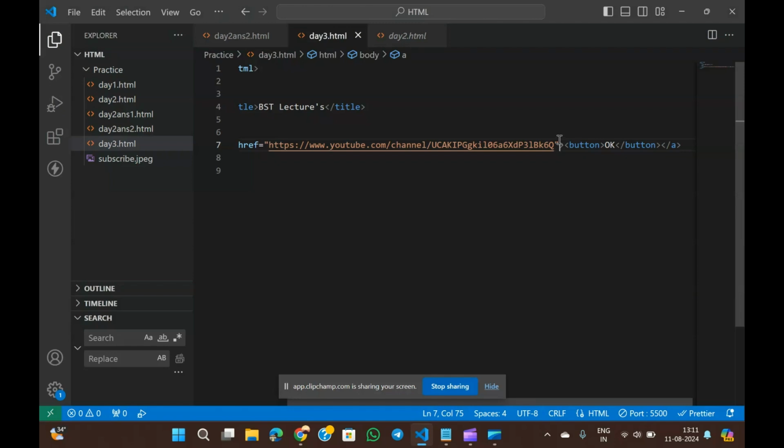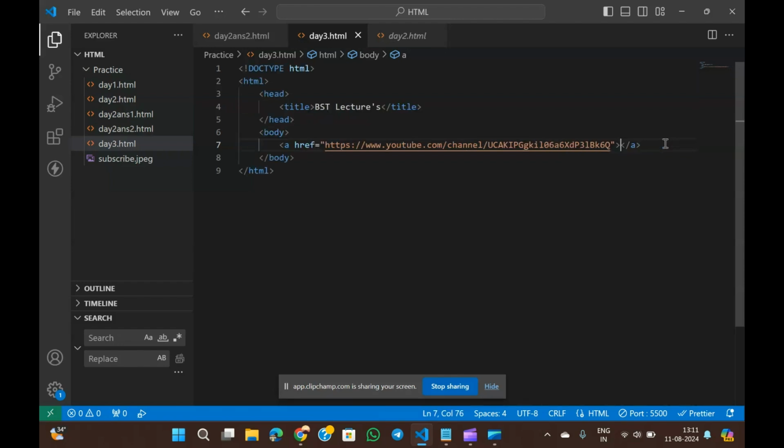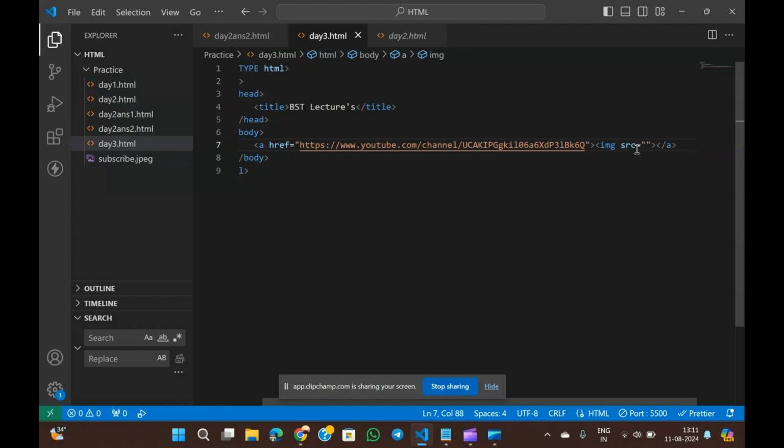Now we have seen the anchor tag usage through the text and through the button. Now let us also see the anchor tag usage using an image. In the second video we have seen how to use the image tag. Now let us try the same thing. Image, src is equal to, this is the image tag.